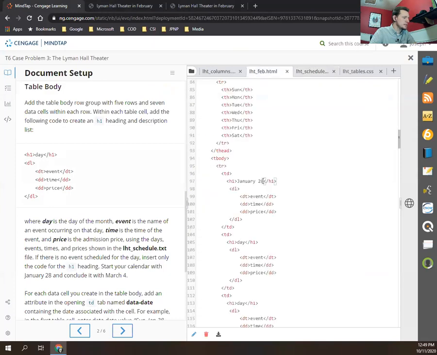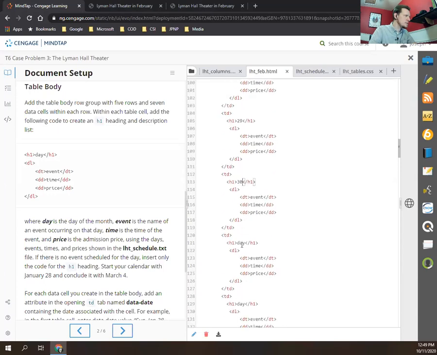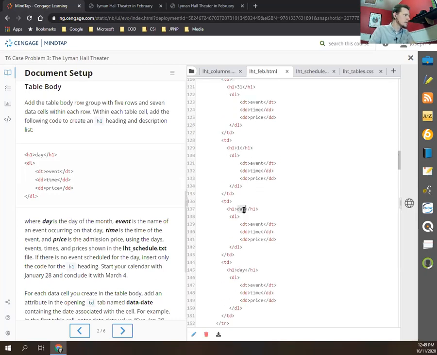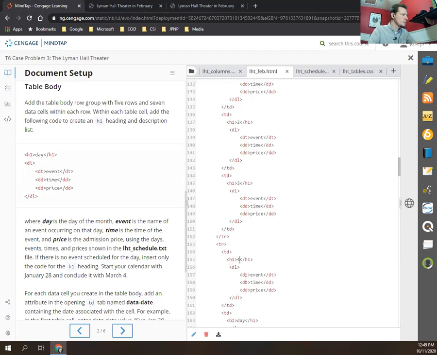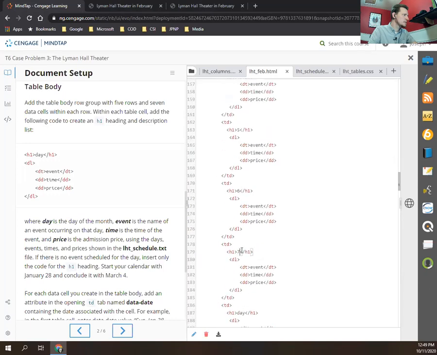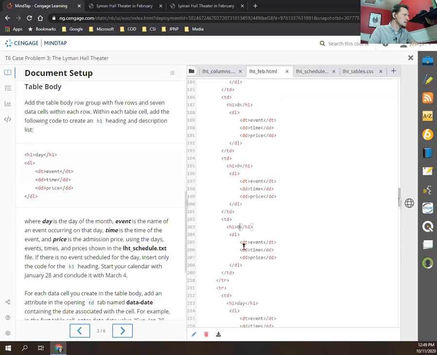So I can come into here, undo that change. The day will be 28, 29. I can put all these in. 30, January has 31. And then start back with February. 1, 2, 3, 4, 5, 6, 7, 8, 9, 10,